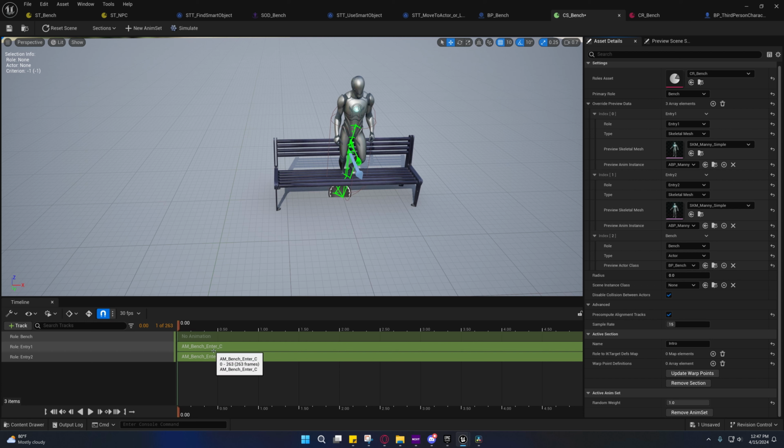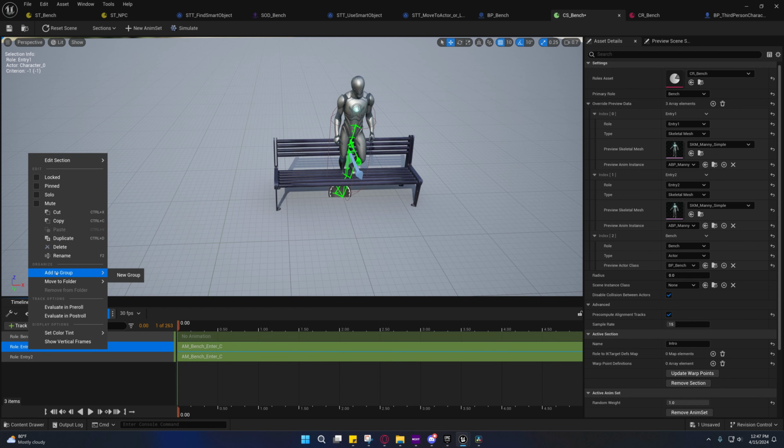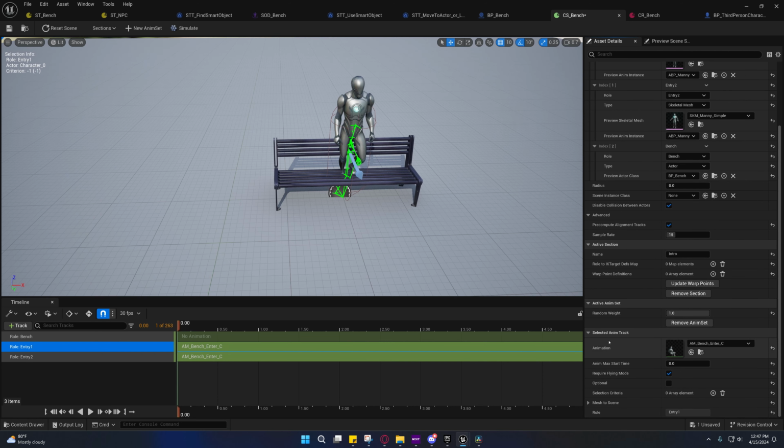And so one of them is active, and the other one is deactive. And so I think that's what this has to do with. So if you select one of these, and this looks like an animation sequence inside of sequencer, but it doesn't work like it. All of these options are disabled. You do have so much control over this, but not the same way that you would in a regular animation sequence. But if you select one of these entries, you'll now see a selected anim track, and you can modify